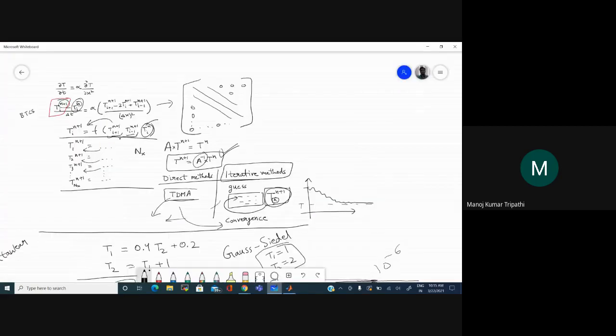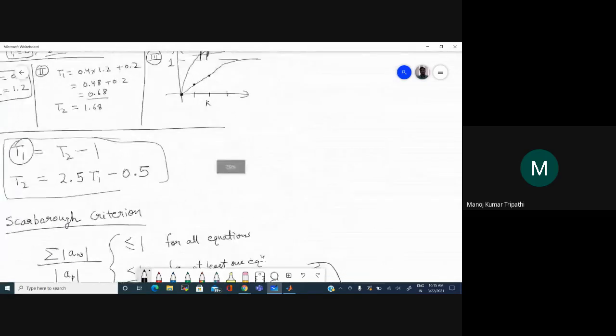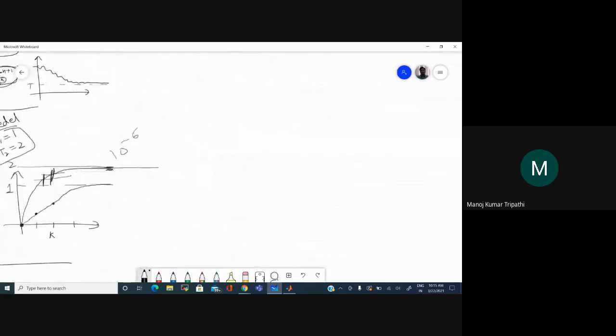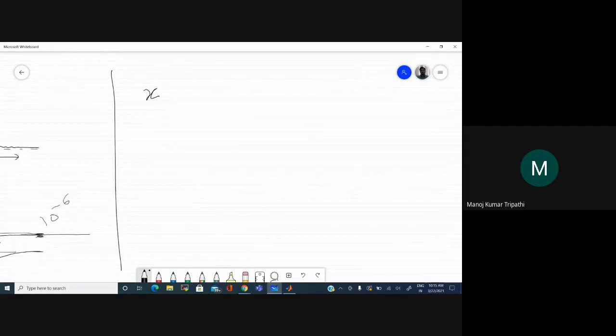Let me explain that. Right now what we are doing is, let's say the solution is some x at the k plus 1th iteration.